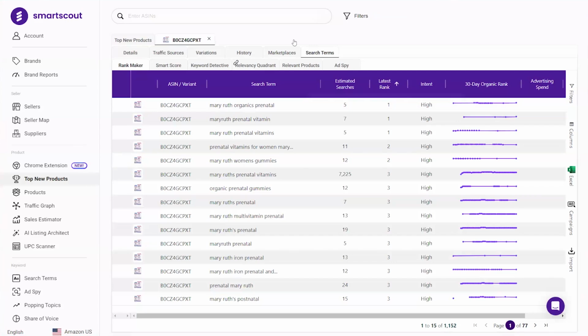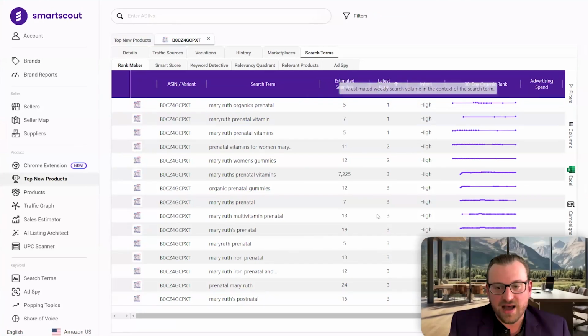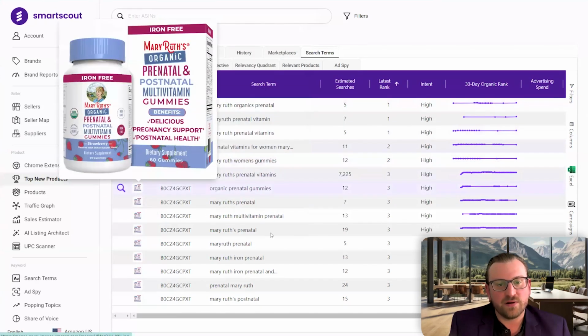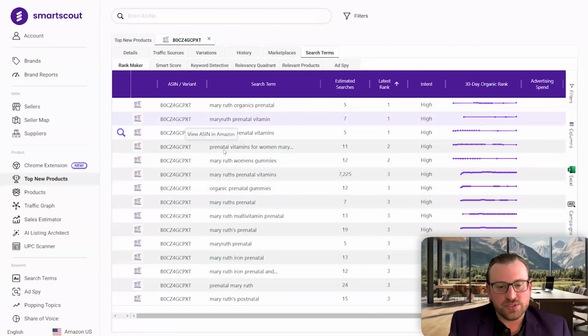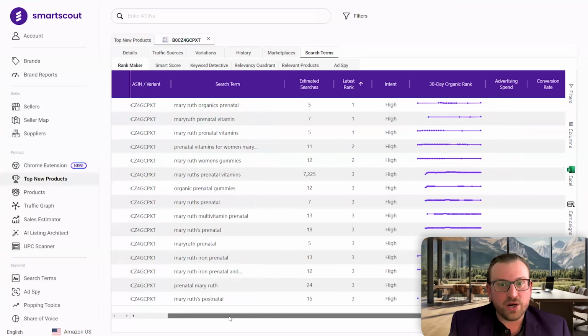And so you can see basically we've got 1,152 different search terms that this particular product is showing up for. We're currently arranging by rank. Of course, when you're launching products, you want to rank for top position on various keywords and also purchase intent. So you can see all that here under Rank Maker.